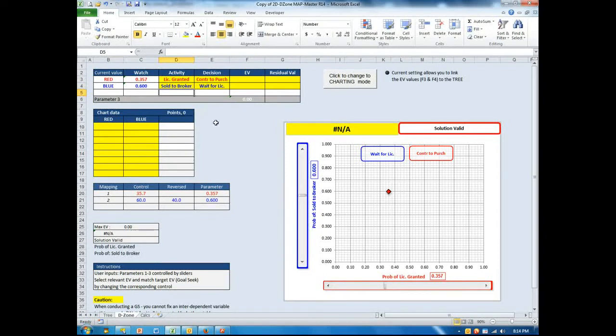When I type these, here we see our labels now. The probability of the license being granted is 0.357 or 35.7%, and the probability of being sold to another broker is 60%. So the text that you enter actually populates the label. The next thing is to fill these two expected values, and this is where you need to make sure you